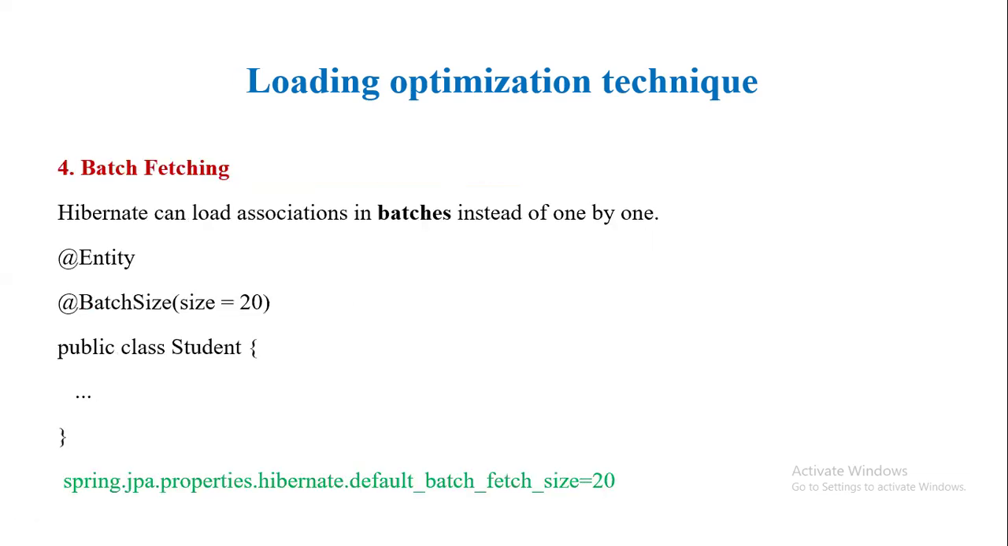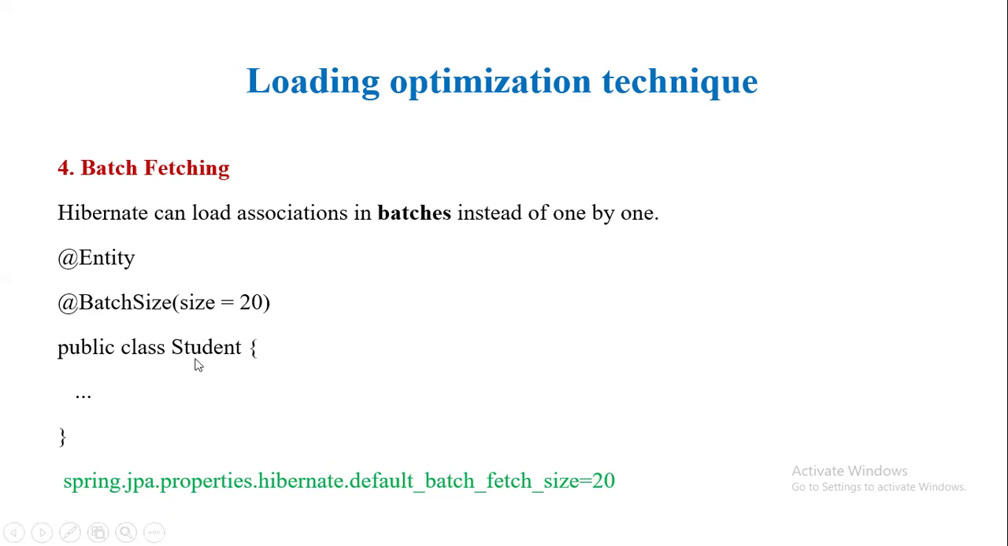And the third one is batch fetching. Hibernate can load associations in batches instead of one by one. For example, if the table contains hundreds of records, the hundreds of records are retrieved one by one. So instead of retrieving one by one, we can get batch data like 10, 20, 30, whatever we want. As in this example, at entity, @BatchSize(size = 20),